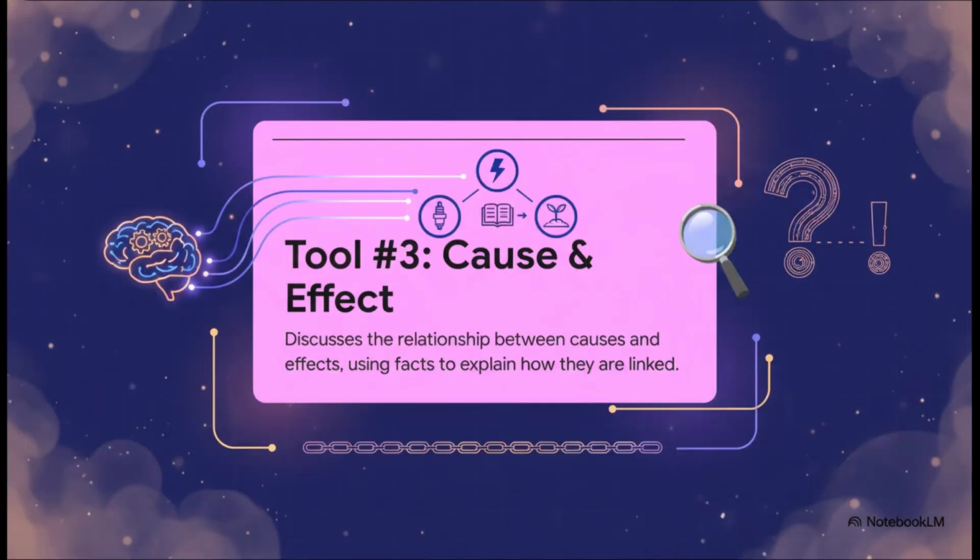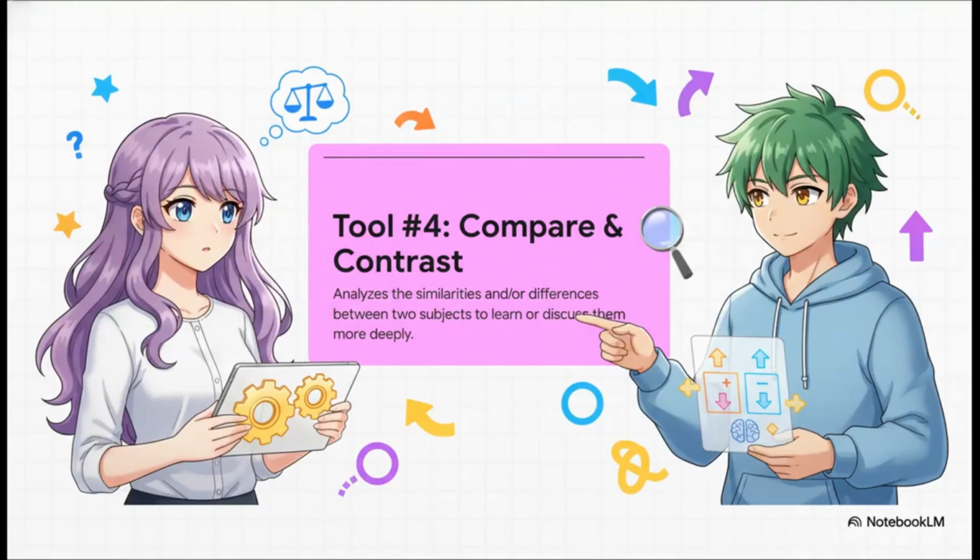Okay, next up, cause and effect. This is our analytical tool. It's what scientists use to explain their research, or what historians use to piece together events. It's all about building that logical chain to show why something happened, the kind of logic David was looking for. And of course, there's comparison and contrast. This is such a powerful tool for making decisions. You see it all the time in product reviews, right? Putting two phones side by side. It highlights what's similar and what's different to help you understand each one way better.